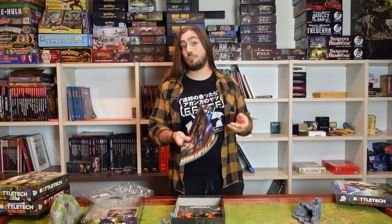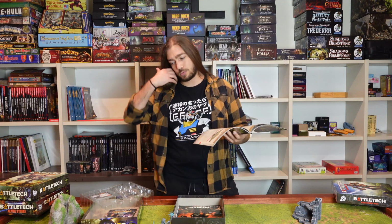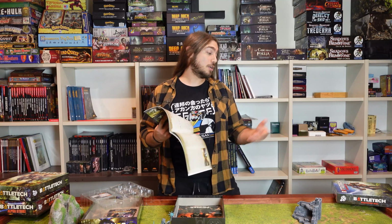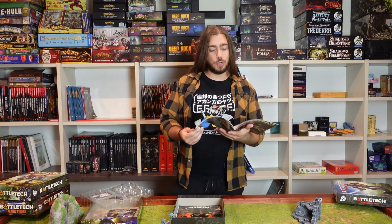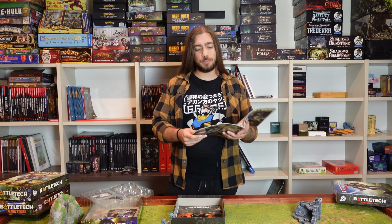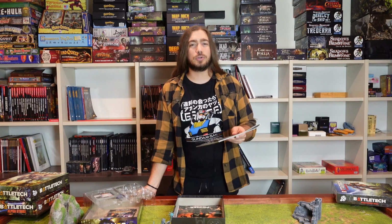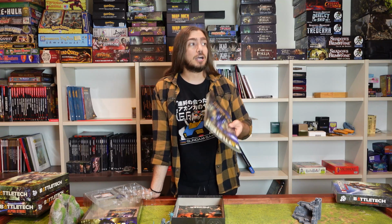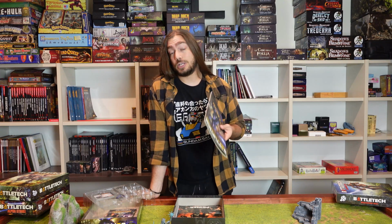You don't need nothing more than this. And here you will see some concepts and rules that you have already seen in the beginner box, concepts like moving, or the direction in which your mech is facing, and shooting with your weapons, etc. But here there are also more aspects that go a little bit more into detail to make the game look a little bit more realistic,